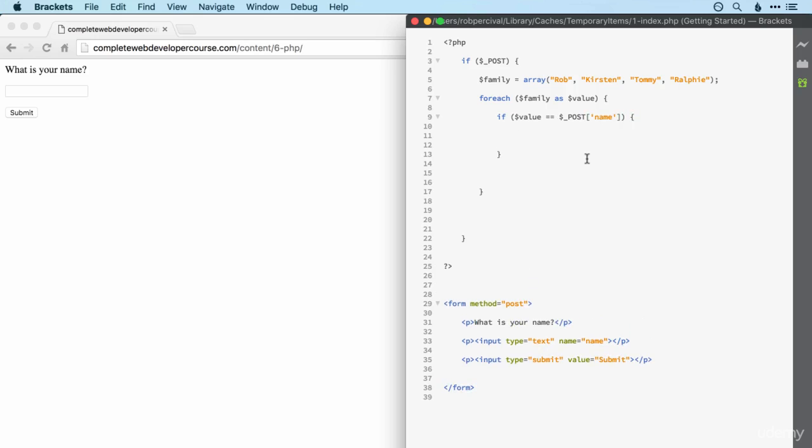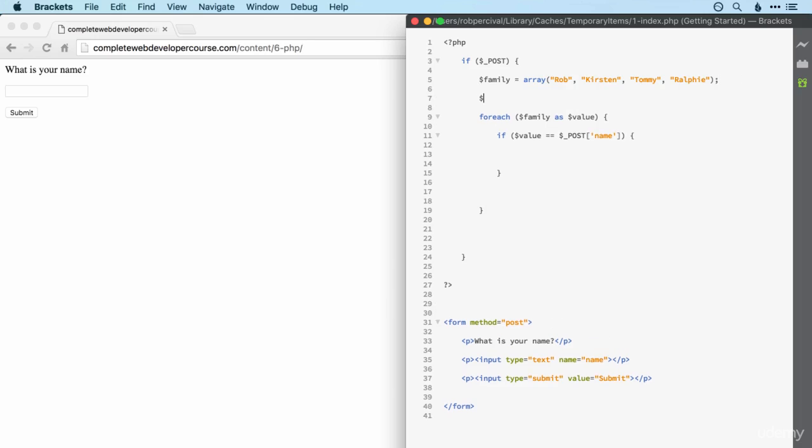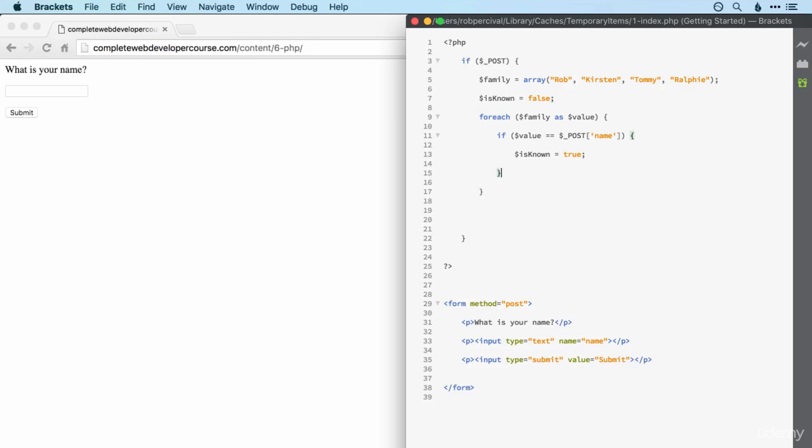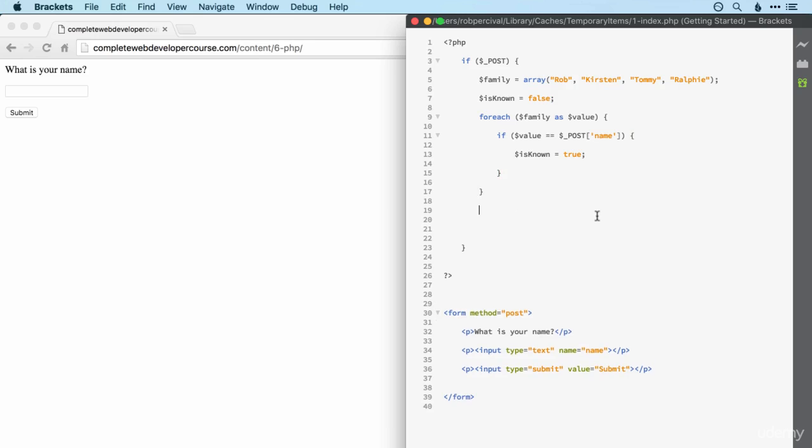Name is the name of the variable. And here I'm going to use a similar solution to what we did in the isItPrime script in the previous video, that I'm going to set $isKnown to be initially false, and then if the value is equal to the name, then we'll update $isKnown to be true. All looking good so far. And then when we've gone through that loop, which is here, then we just check to see if $isKnown, then